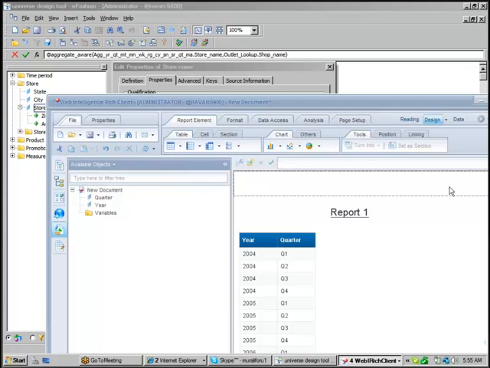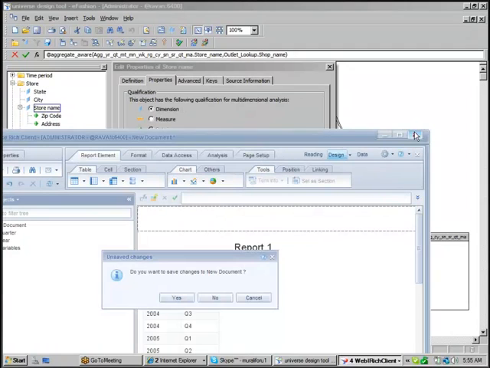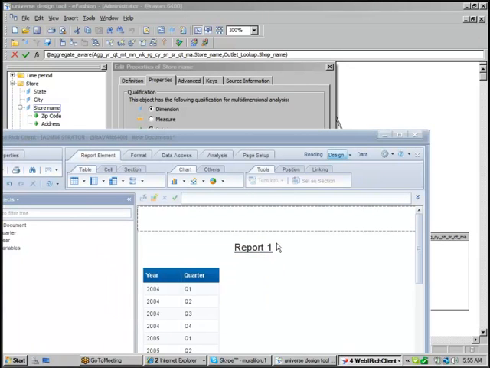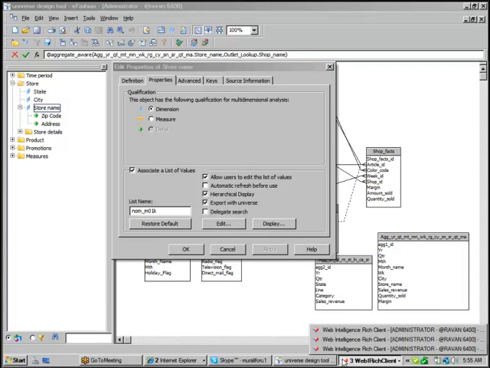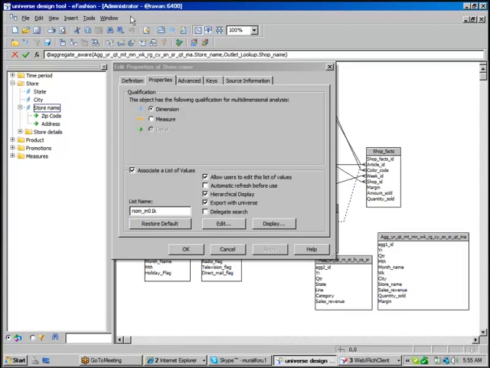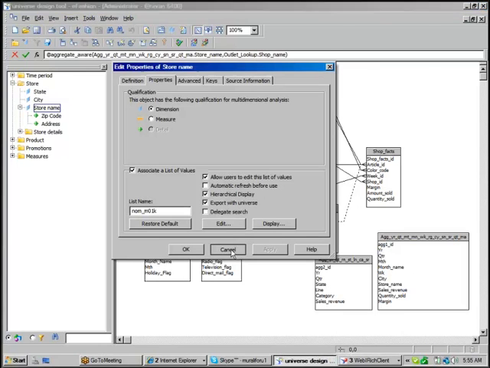The thing is, it needs to work, right? Let me close. Let me create a new report. I am exporting the universe called eFashion to the raw one.